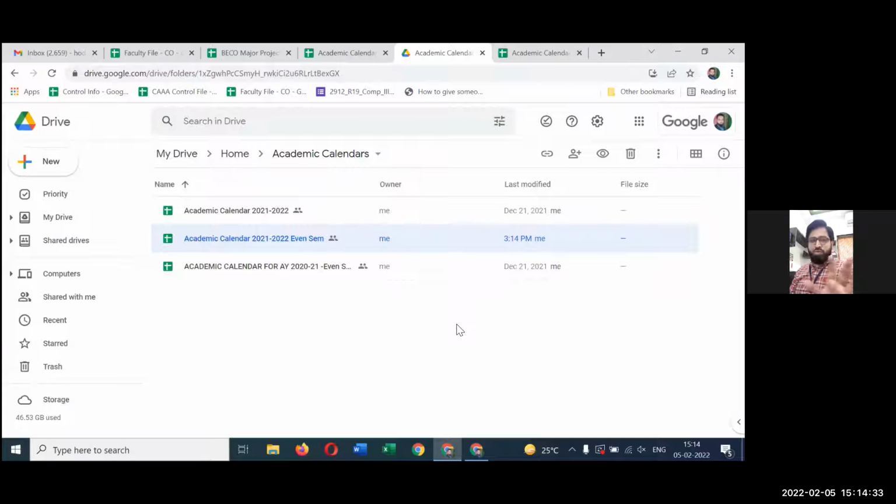Now the link is available in the clipboard. Wherever I go, I just need to paste it there and that link will be pasted. So I can mail that link to a group of people, or I can put that link in any other file, any other Google Sheet, or wherever I want to. So that is also another way of sharing your file. That way I can share, or we can share, our file.